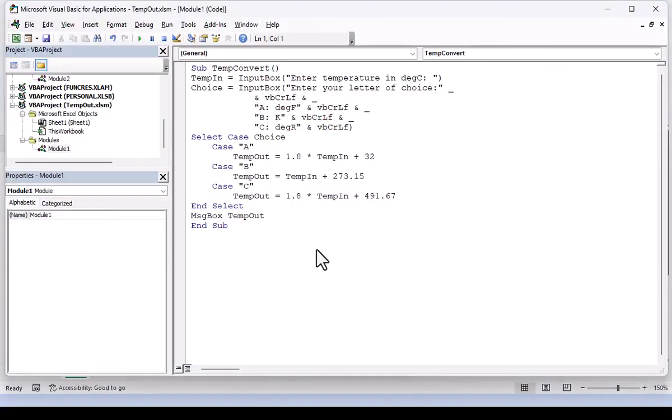Now this has some different features in it. The first is that we make use of the input box function to get a couple of values from the user. And here we're using the select case structure, which is quite often used in menu-like applications. So we first use the input box function to get a temperature in degrees C. And then we use the input box function again to get a response, which is a letter, either A, B, or C, indicating that we want to convert to degrees Fahrenheit, Rankine, or